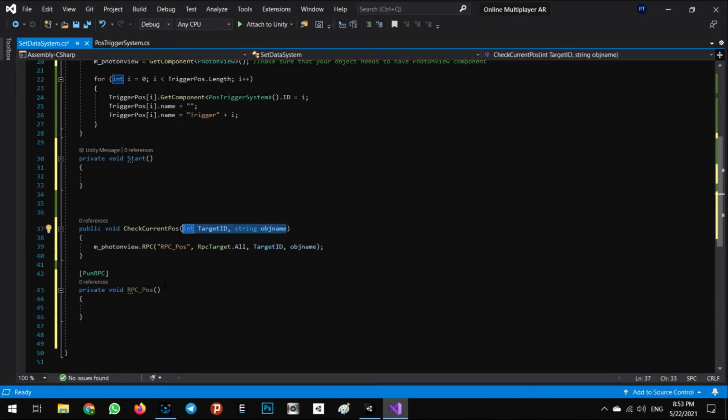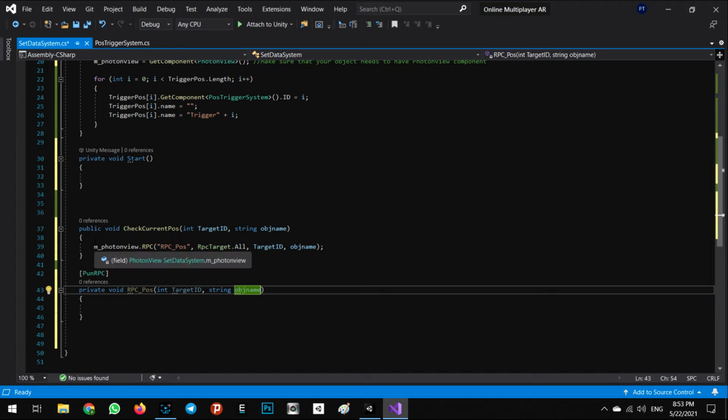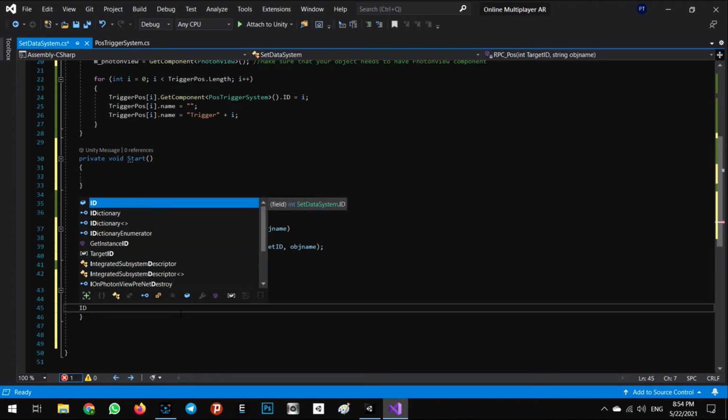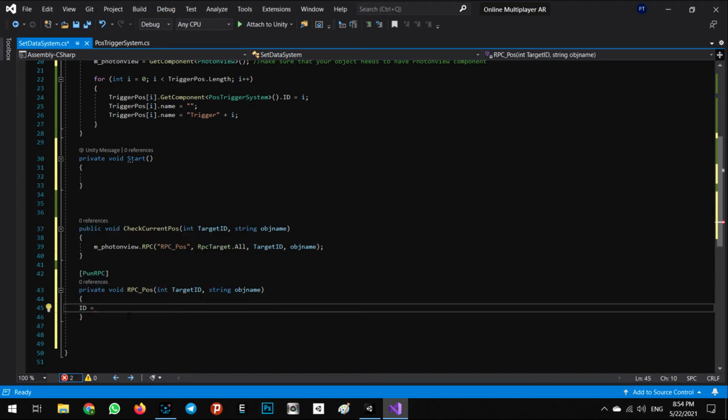We have to define them with the same name and same types exactly. Here for sending the message, and here for receiving the message. For example, ID is the current ID equal target ID,